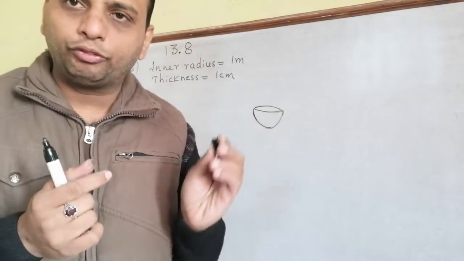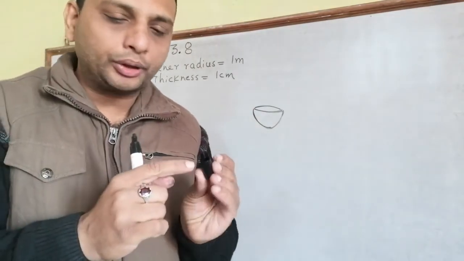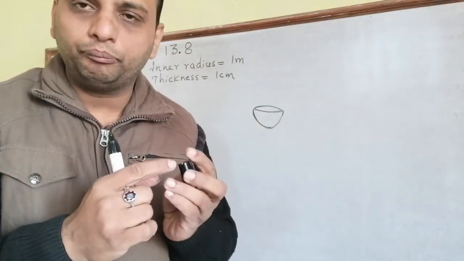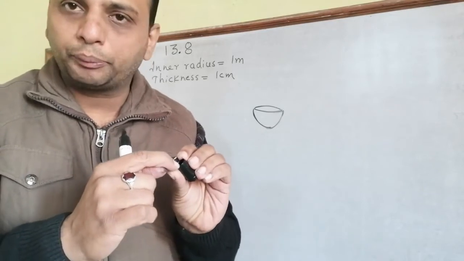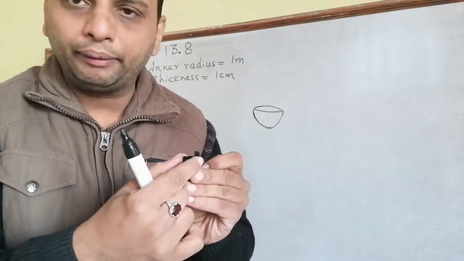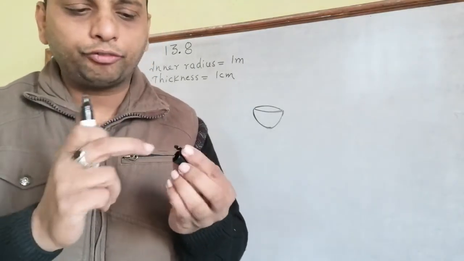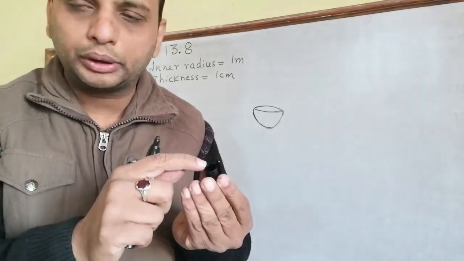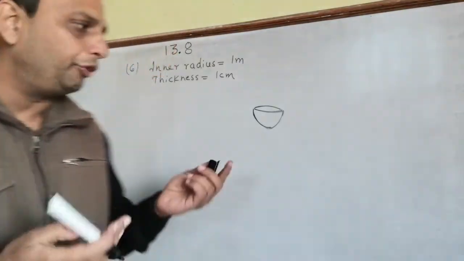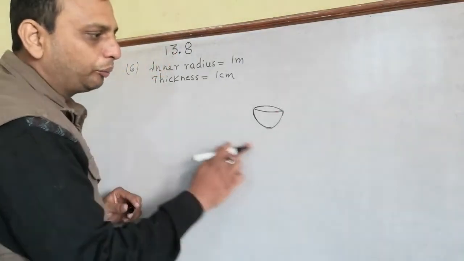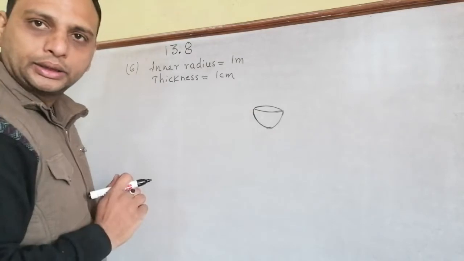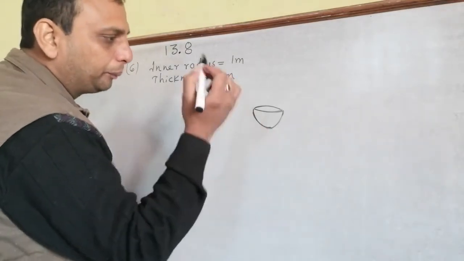So I had already given one example, like the pencil. Suppose you consider a hemispherical ball, and we have to find the plastic part. What I will do is find the volume of the outer part, then find the volume of the inner part, so I'll get the volume of this plastic part. Same way we will do here also. We'll find the volume of the outer hemisphere minus the inner hemisphere, so we'll get the volume of this metal part.